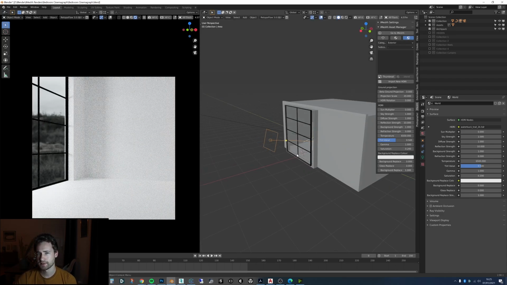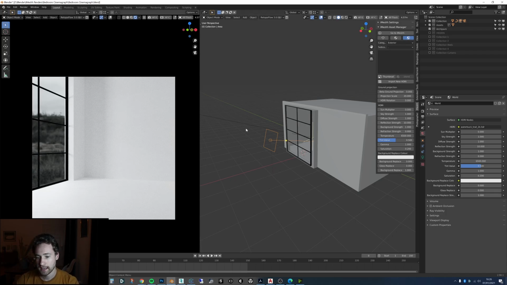I actually did a test with a portal light, and I found that adding the portal to the window made the render time quite a lot slower. I think that might be because generally the room is being illuminated mostly by an area light anyway, so I don't think it was necessary here, and because it took longer I just removed it. I think also because it's quite a big window, a lot of light doesn't have any problems getting into the room anyway.